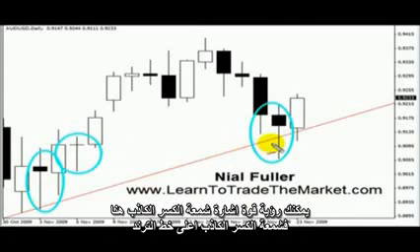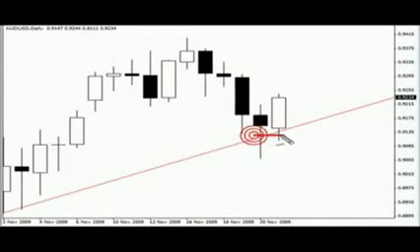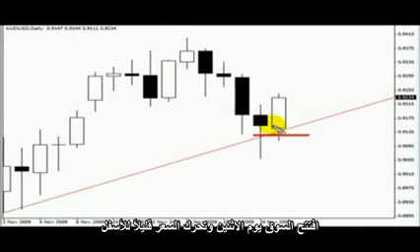You can see that this recent setup here is quite a powerful false break. We had a false break of the trend line. A false break is simply when you have a key level in the market which is broken, and then we quickly shimmy back up and reclaim that level. So you can see this false break signal here, very powerful, and the market opened up on Monday quite weak in fact,